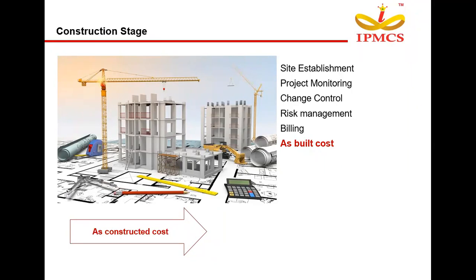So there may be different kinds of changes that may occur in a construction project, and whatever the changes are, we have to calculate the cost of impact for each and every change. This impact cost shouldn't make us exceed the R1 or detailed budget that we saw in the previous stage. And this is what is called change control management. And at this stage, we'll also do risk management.